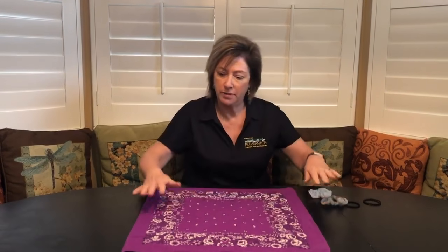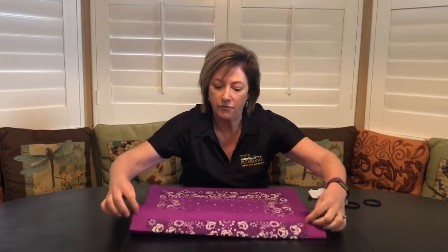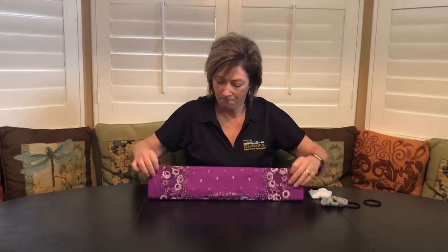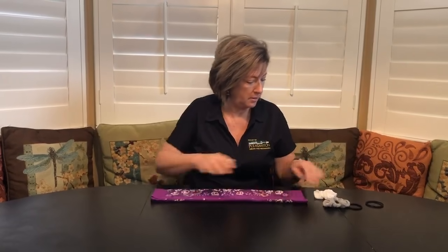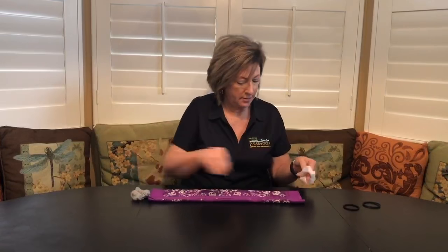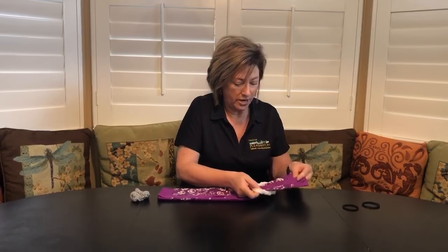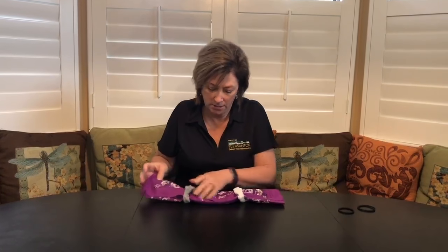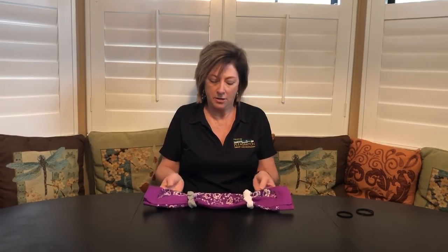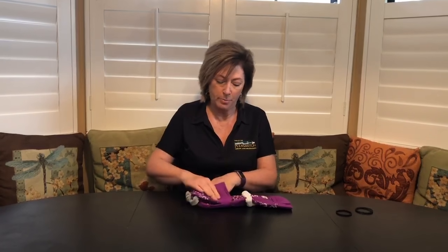So what you do is you take your material and you fold it up a couple of times over. You take your rubber bands or scrunchies and you put one on either end about a third of the way in your material, like so. And then you fold the ends over your scrunchie or rubber band